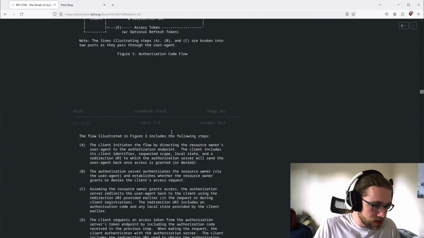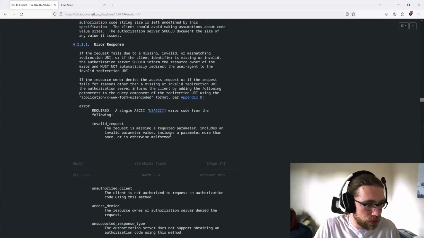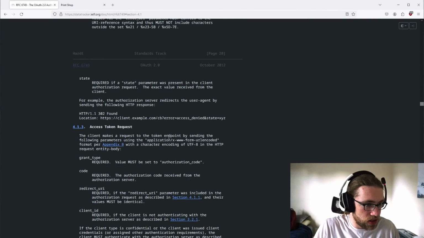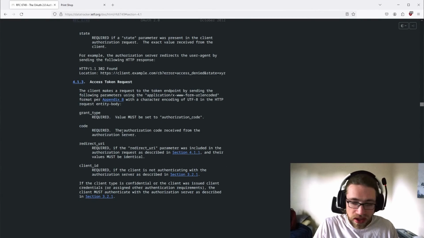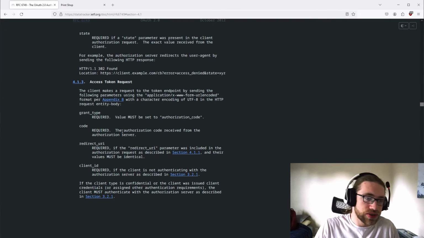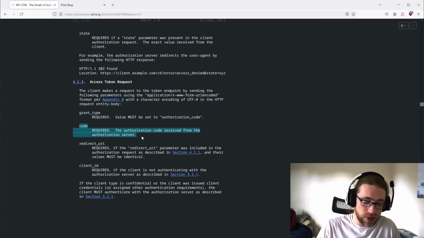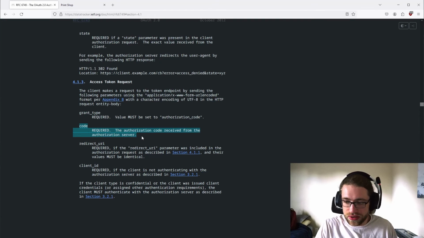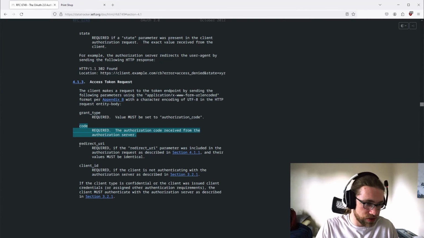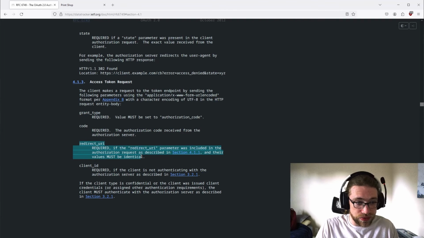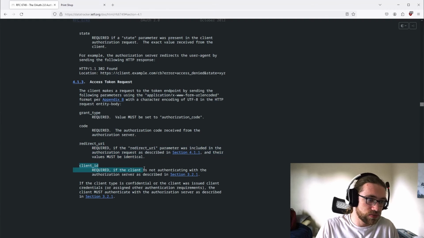In our demonstration of the photo library, we'll have some data in there just to give access to. So let's get on down to the access token request. In order to request the data, we are going to have to specify the grant type as authorization code. The code is going to have to be put in. That's the code we received earlier from the authorization server. We're going to have to provide the redirect URI, and then we're going to have to also provide